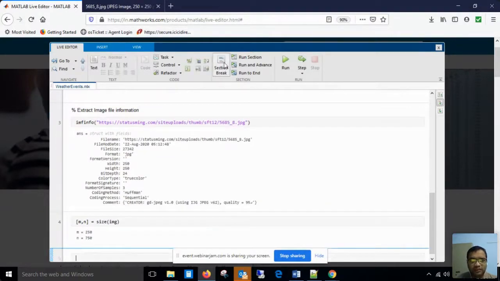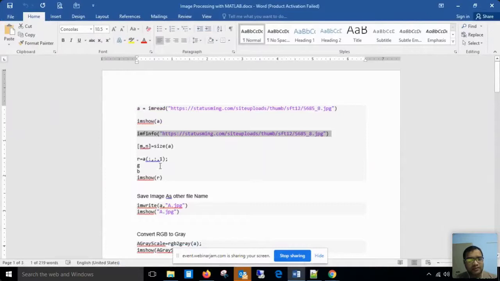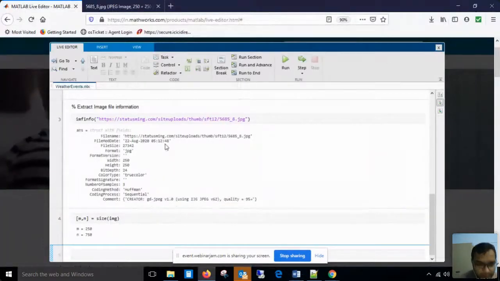Now come to the next command. The next command is to show the color components of the image, like RGB.